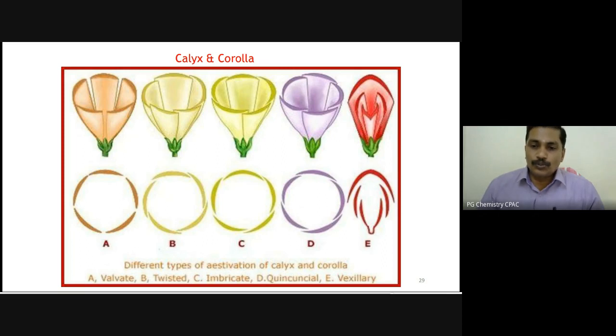If two petals are completely out, one petal is completely in, and two are in and out, that is called quincuncial. Quincuncial. You just compare C and D. In C, one is completely on the inner side, one is completely on the outer side, and the rest of the three are in and out. Whereas in D, two are completely on the outer side, one is completely on the inner side, and the rest of the two are in and out. Okay, so likewise,